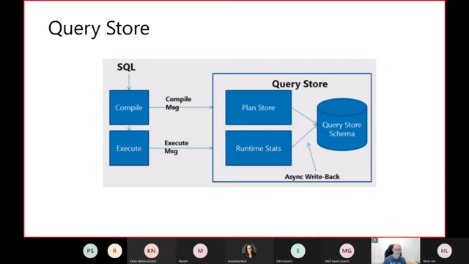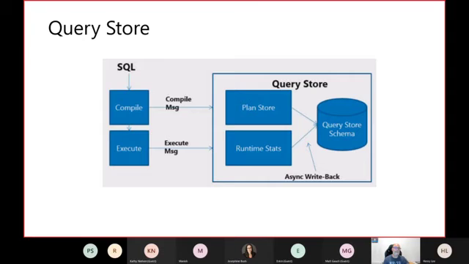So how do all these things work? Well, you know that when SQL Server is running code, the first thing that it does is compile and get a plan, right? That plan can go to the cache, but it also gets stored asynchronously into the Query Store schema. So when the plan is generated, it also goes to the Query Store repository.